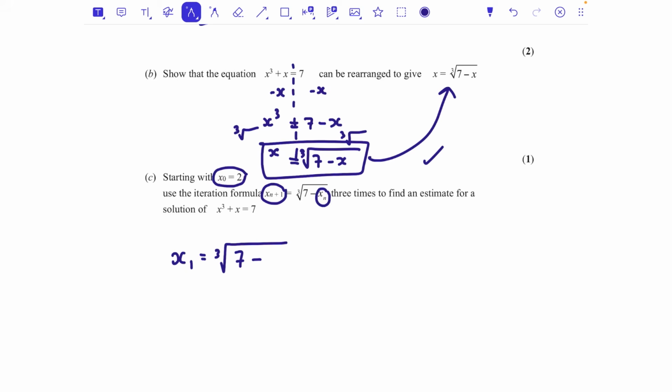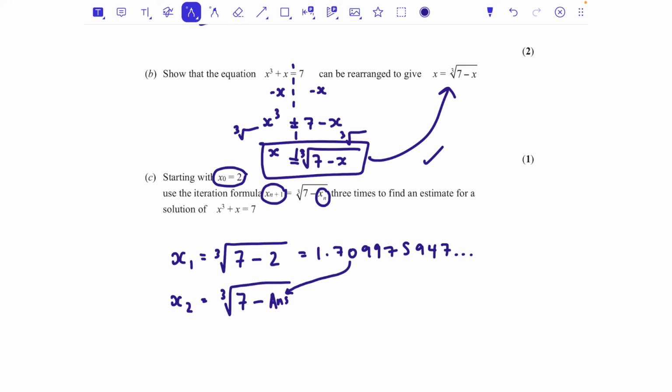So if I do 7 take away 2, that's going to get me the next value. So I'm going to do the cube root, so that's shift square root on my calculator, 7 take away 2, so 5, and that gives me 1.709975947. I don't want to round it. I'm just going to keep it in my calculator, and then I'm going to use it again. So now if I want to get x2, the next value of x, I'm going to do the same thing again. The cube root of 7 take away, but now I need to use this answer. So I'm always using the x that I've just had. So it's going to be the cube root of 7, take away my answer that I just got, and that gives me